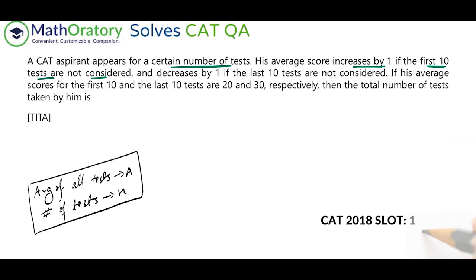So first, let's represent this. So we have the average of all the tests as A. So we're mixing two groups here, right? One group is the first 10 tests, and the other group should have n minus 10 tests, right? Because the total tests are n in number. So these are the two groupings that we have. These two groups mixed will give us that overall average. And we know that once we are ignoring these 10 tests, the average of these n minus 10 tests will be A plus 1, because the average score increases by 1. That is the given data, right? So this is what we have.